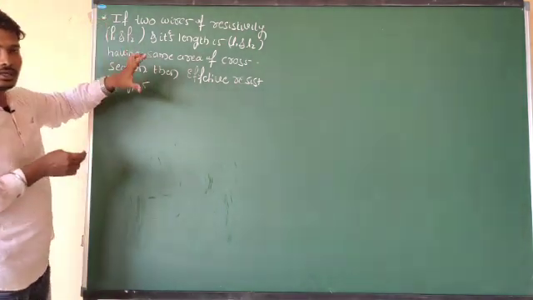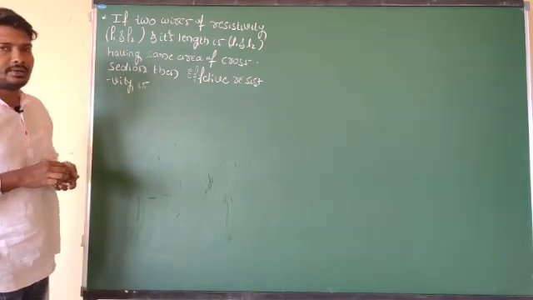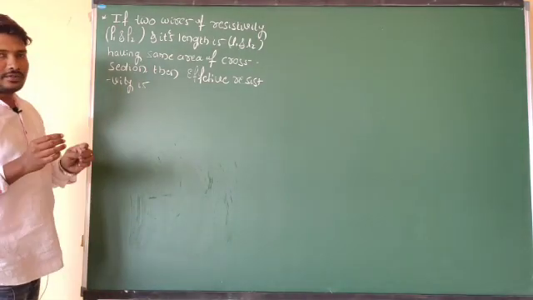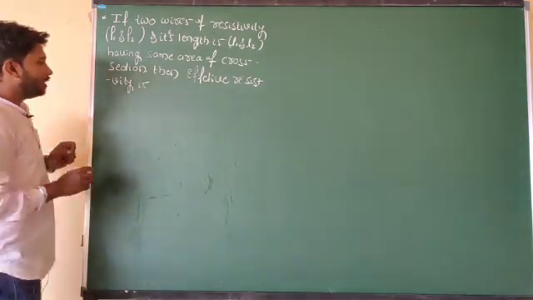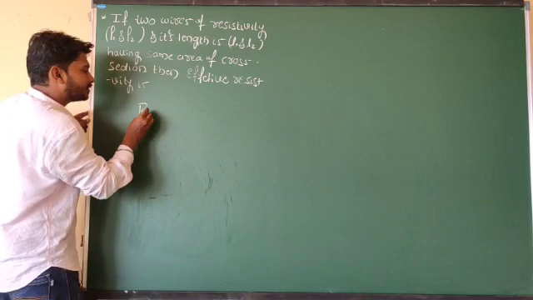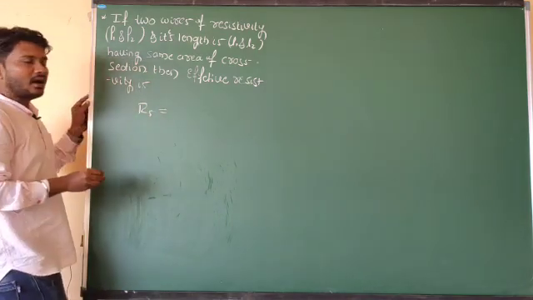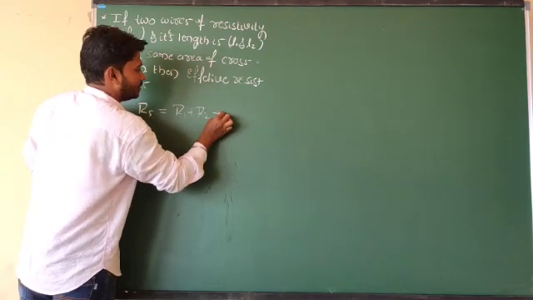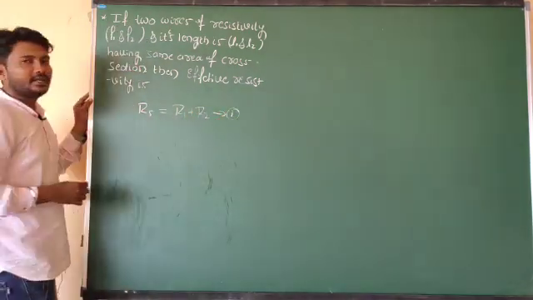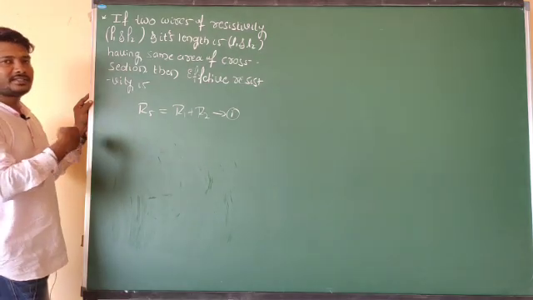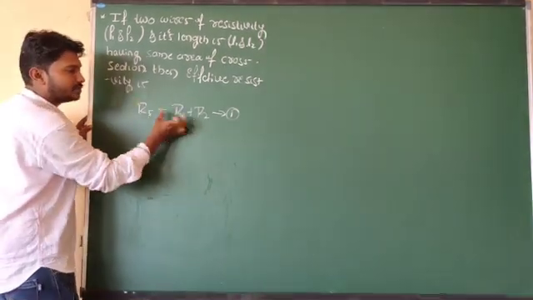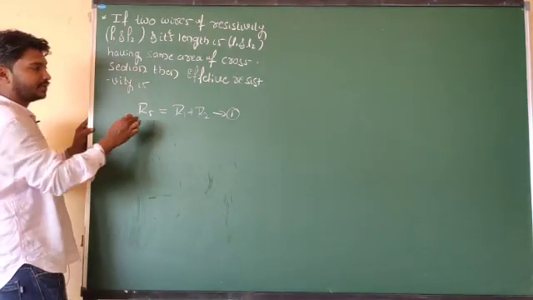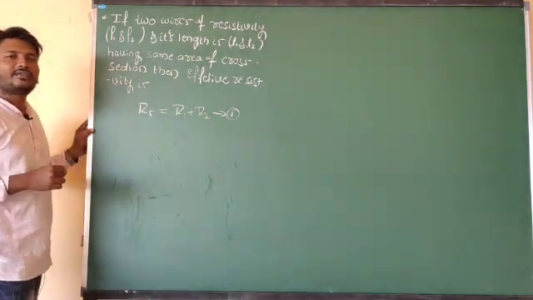This concept is related to competitive examinations, not to the theoretical view. So I need to find the effective resistivity. For the time being, you may believe that the effective resistance in series combination R_s is equal to R1 plus R2. In an upcoming class I will derive that expression for resistances connected in series and parallel, so I will use the direct formula here. R_s, the effective resistance in series combination, is equal to R1 plus R2.